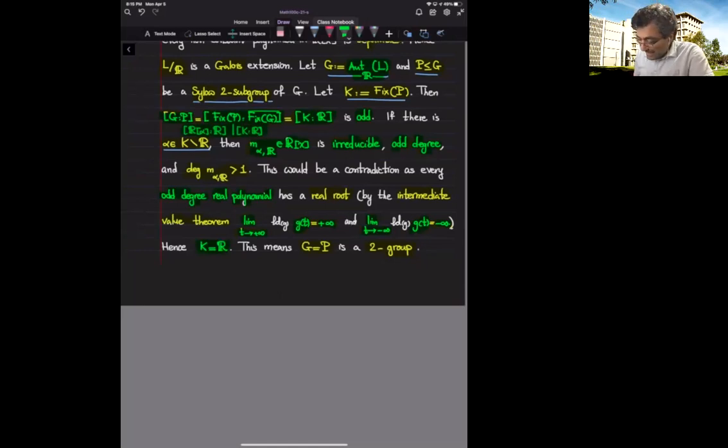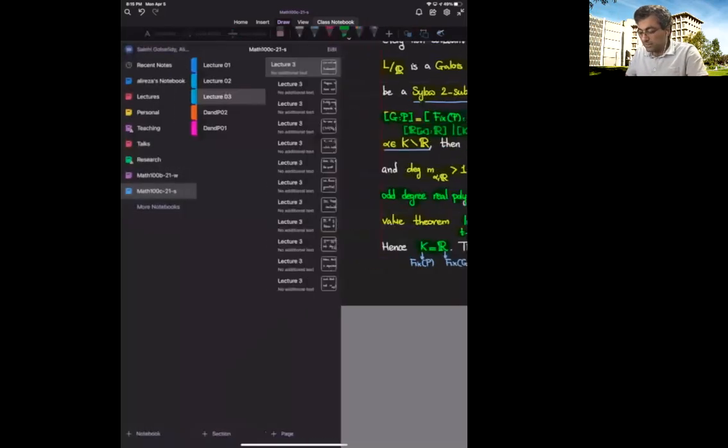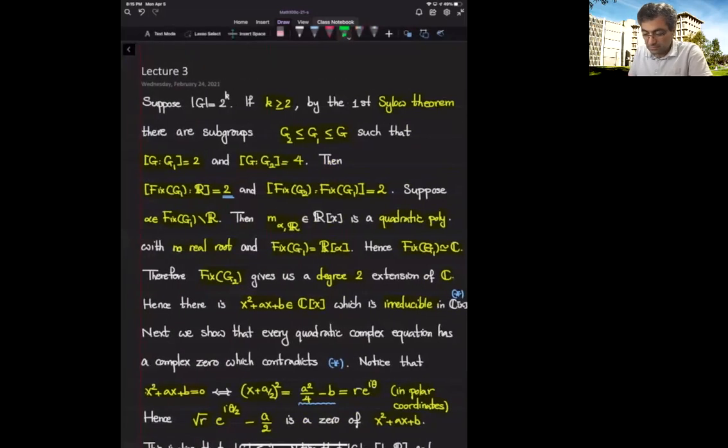Again, K is the set of fixed points of P, and R is the set of fixed points of G. Because they are the same fields, the groups should be the same. That means G is P, but that means G is a 2-group. The number of elements of G is a power of 2. Now, if the number of elements of G is at least 4,